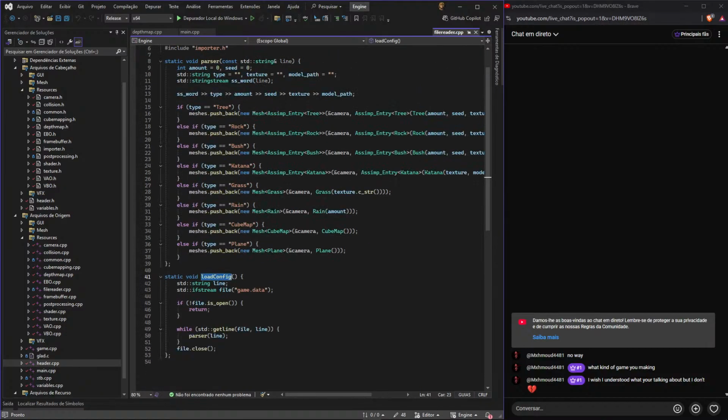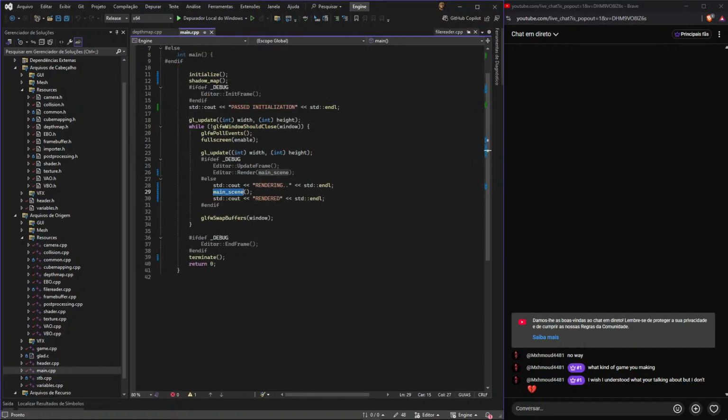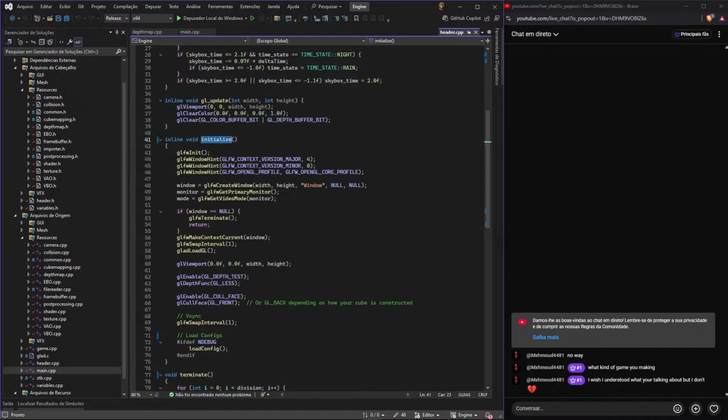So first, how the game works. First we have to load all of the models, all of the textures that are stored, like the path on a file. So it searches for each file, and we assign it to a variable that we're gonna call in our game, and we're gonna use that variable to work around with our logic inside the game. That's basically how we work with engines. So as you see, we initialize the window you just saw, the black one, and to render it we use